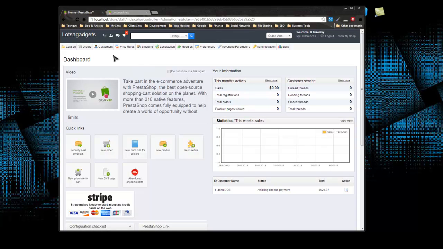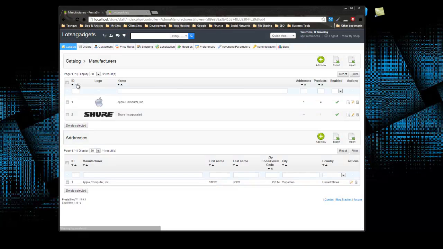Now I want to actually add some stuff. We've set up the site. We have shipping. We have payment set up. Everything's ready to go. We have a default template and we can actually start adding stuff. So the first thing I want to add is a manufacturer. By default we have Apple Computer and Shure Incorporated. So these are 2 manufacturers. I want to add a new one,